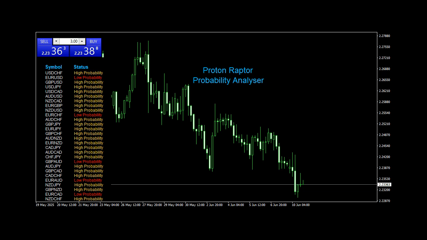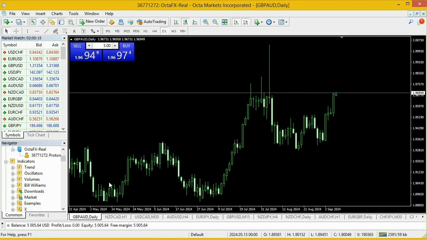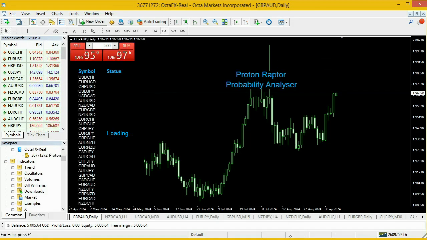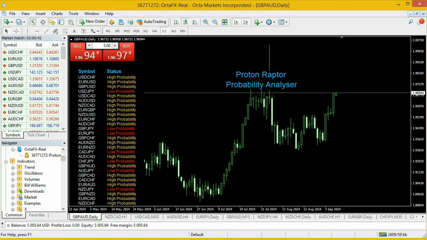Let's have a look at the trades taken by the Rupter. This is obviously a live market, and as you can see, this is a real account. Firstly, we need to do a success probability analysis. As explained, we need 20 or more high probability opportunities to proceed, as in this case.